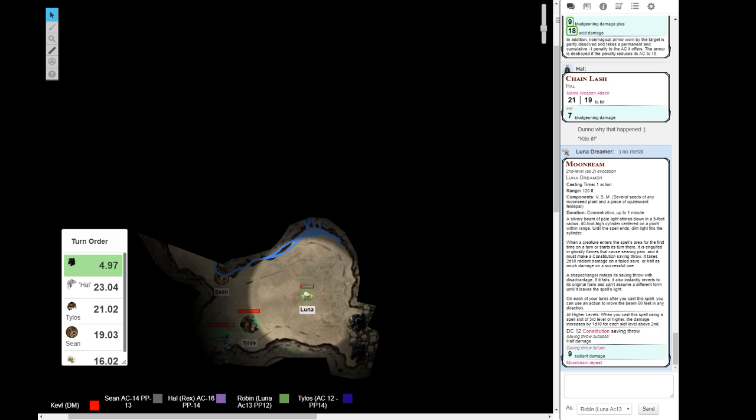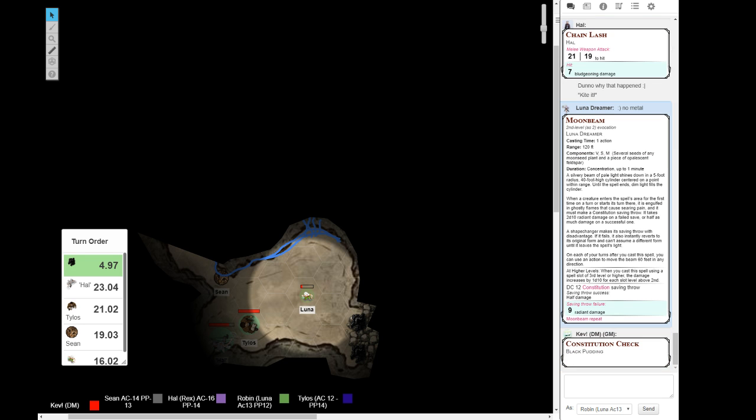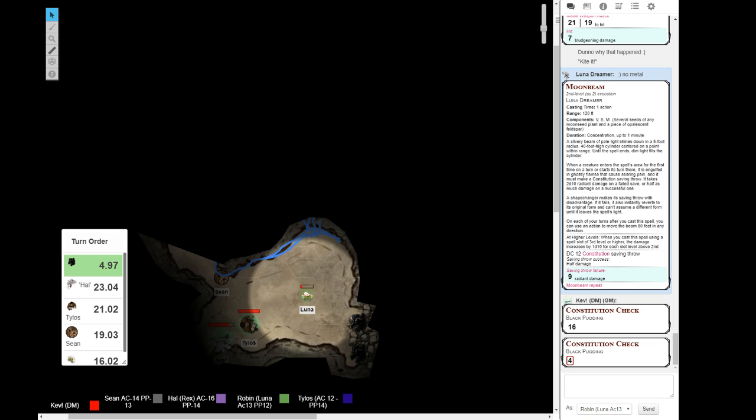I was gonna moonbeam them. Oh, okay. Constitution saving throw. Okay, so the south one suffers the full brunt of it. I think the north one still takes half damage though, right? Yeah. And let's center it on the north wall. Okay, so yes, the north one